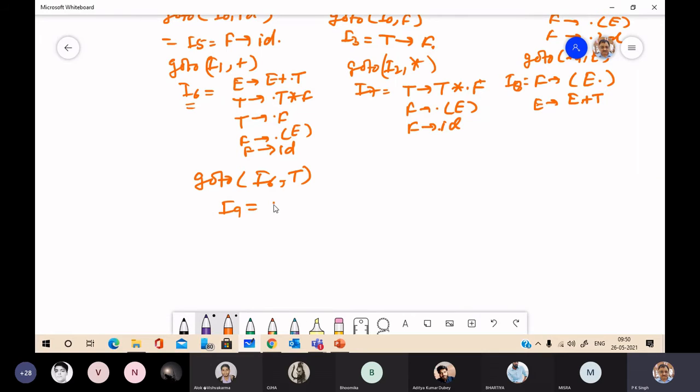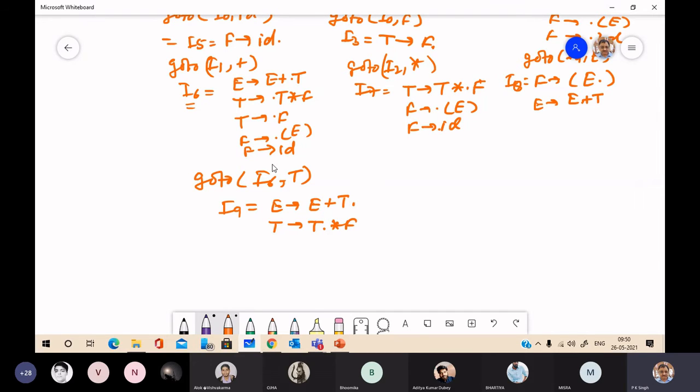That will have E2 E plus T dot, and here T2 T dot asterisk F. If you see this, you don't have any non-terminal just after dot, so you can't add more items.